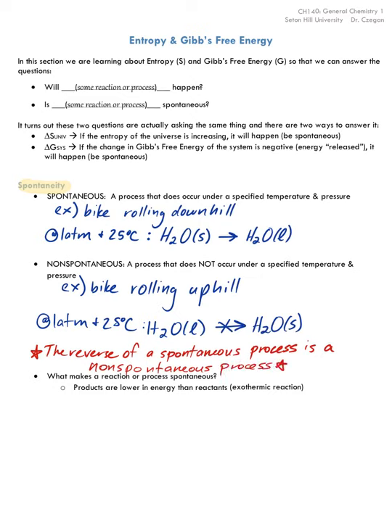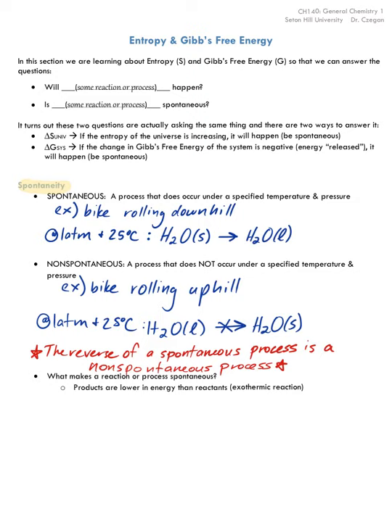And this concept is going to turn out to be relatively important a little bit later in this section. This is useful when we start thinking about reversible reactions, which we've been learning about when we learned about equilibrium. We learned reactions can go forwards or backwards. And so here we're again starting to think of reactions going both in the forward and the reverse direction. So in the forward direction, if it happens, it's spontaneous, and the reverse would then be non-spontaneous.